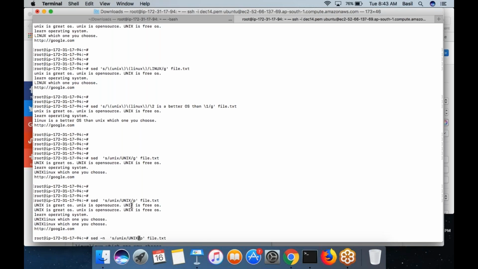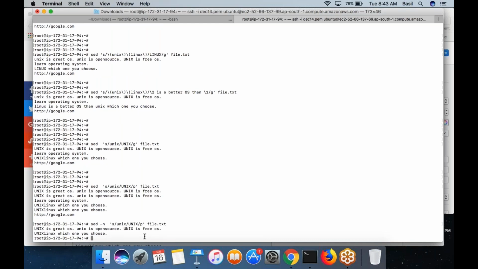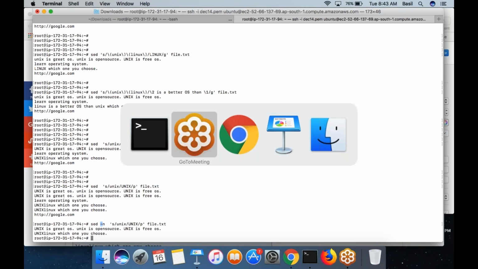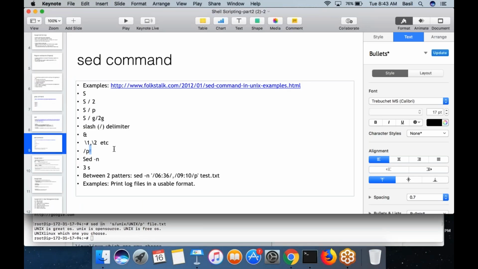Then -n along with p would print only the lines that match. Whichever pattern you are matching, only those lines would be printed. As you can see, this time the output contains only 2 lines. The other lines are skipped. That happens when you use the -n switch along with the -p, print switch.